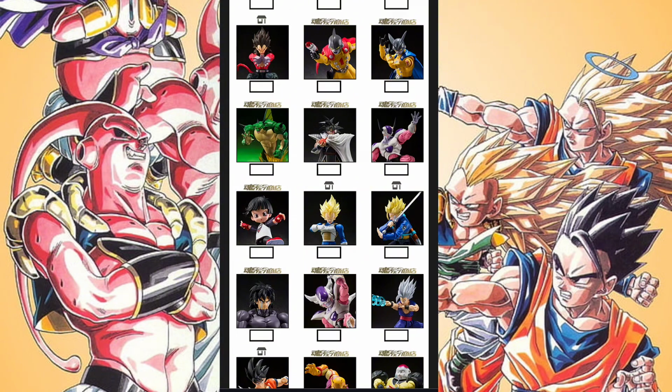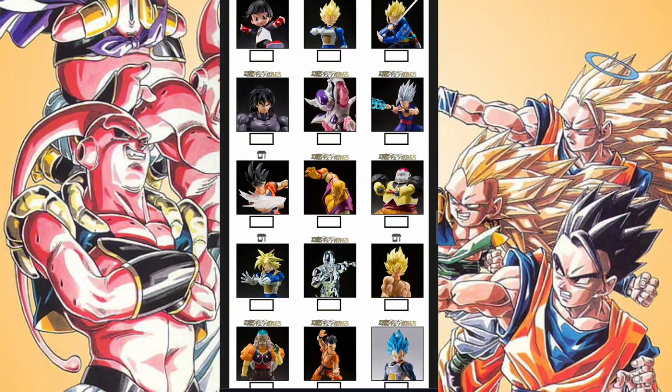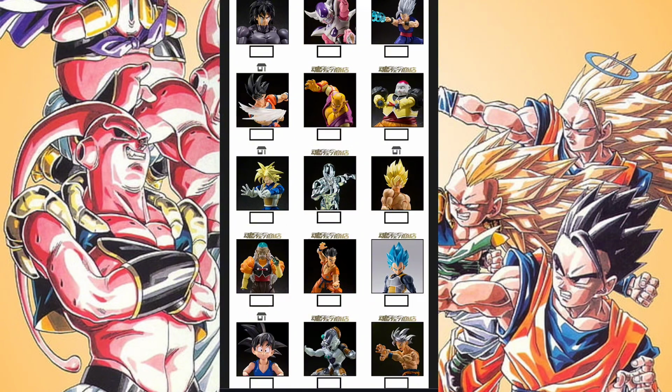Second form Frieza, of course, Namek. Pan, of course, superhero. Vegeta and Trunks. Now we're in this Android era of releasing stuff. Of course, Broly, superhero. Now we're slowly getting out of the Frieza stuff, right? Third form Frieza, of course. Gohan Beast is for the superhero movie. This effect kit looks like it's for Namek Goku, but you know, it could be used for any era Goku, really. So don't pay that too much attention. Orange Piccolo, of course, for the movie. Now more bona fide Android stuff.